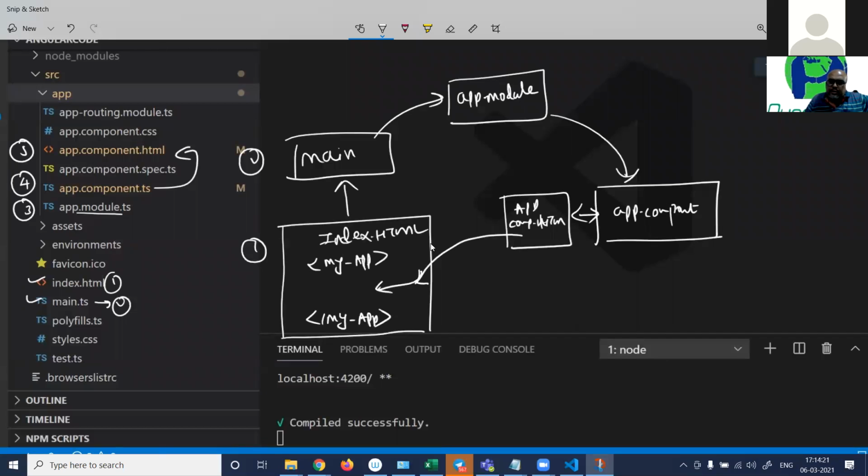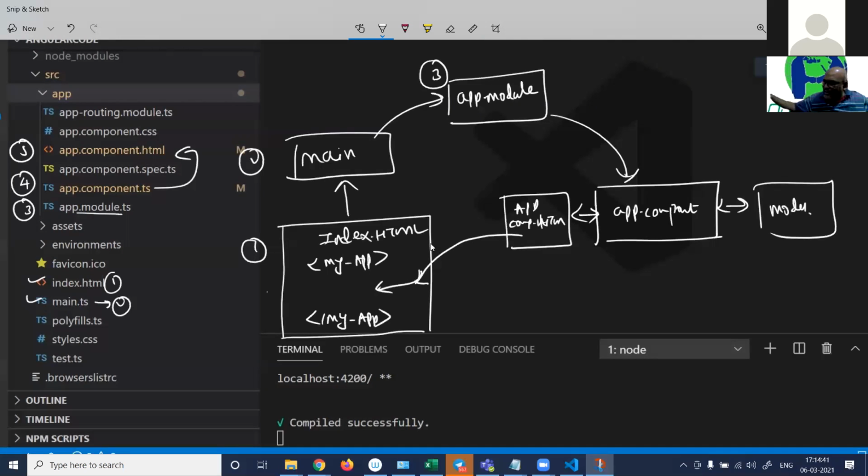Inside this tag, this page will be loaded. For now, we don't have a model, but you can always have a model here, right? So index.html runs, main.ts runs, main.ts loads the module, the module loads its component, the component loads the UI and the model.